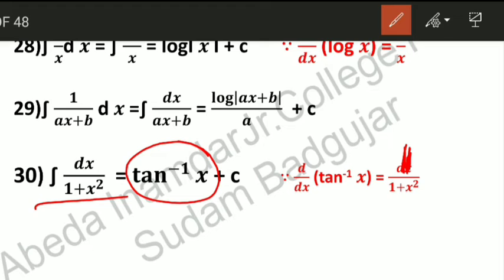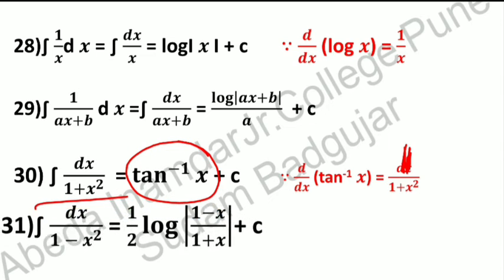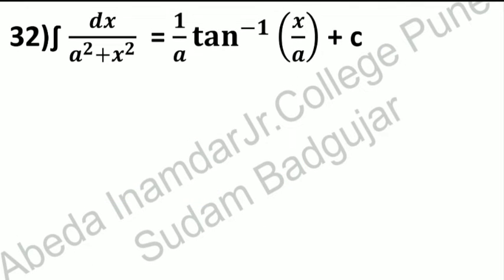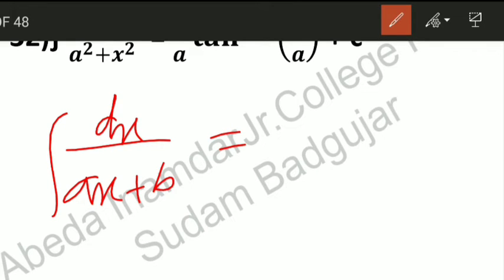Okay, again we have to generalize this, but before we generalize, I will show you the integration of dx upon 1 minus x square is equal to half into log of 1 minus x upon 1 plus x plus c. Now, the next formulas are very important, they generalize the inverse form. See here, previously I showed you the integration of dx upon linear, that is ax plus b, and then it is log of the denominator upon the coefficient of x plus c.